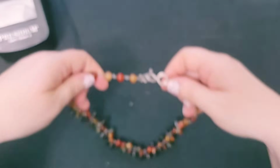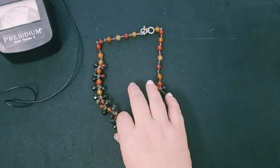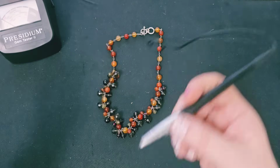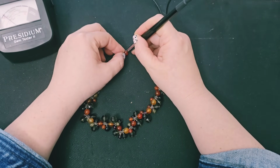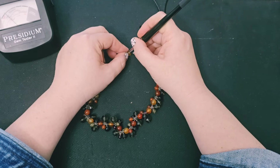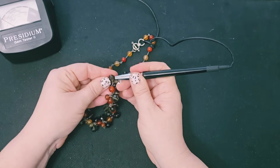Okay, so we're going to do some more gemstones and sterling. This is tested 925, okay? And you guys, these are gemstones, okay? You've got, I think these were carnelian. Yep, these are carnelian. I don't know if this is like a citrine, but it's going up on the gem tester. And then you have some faceted,